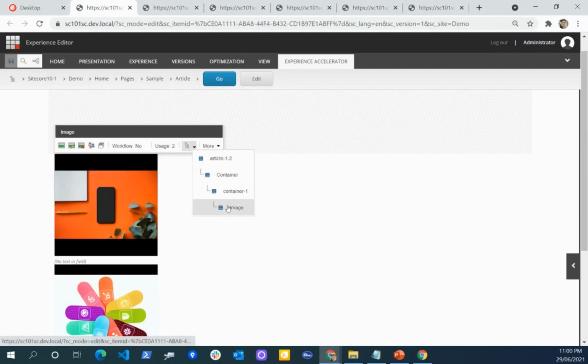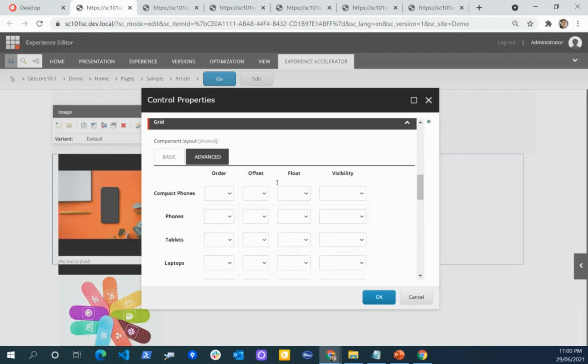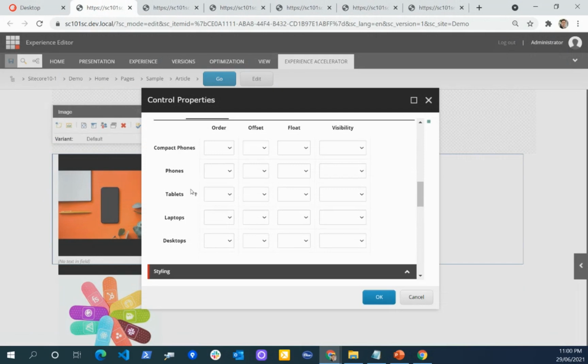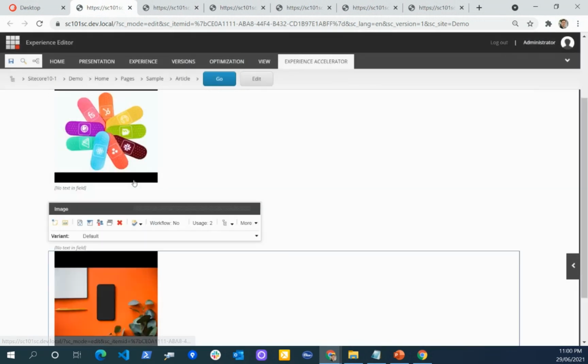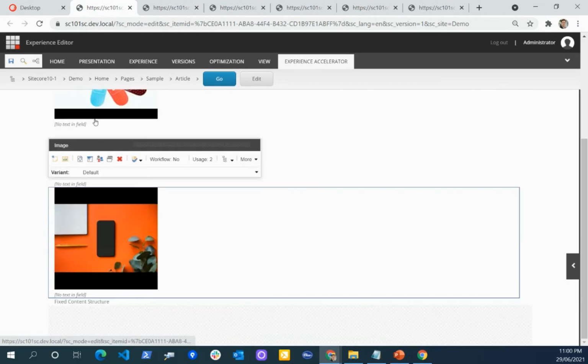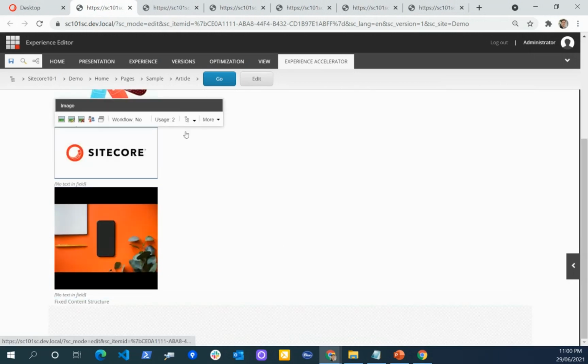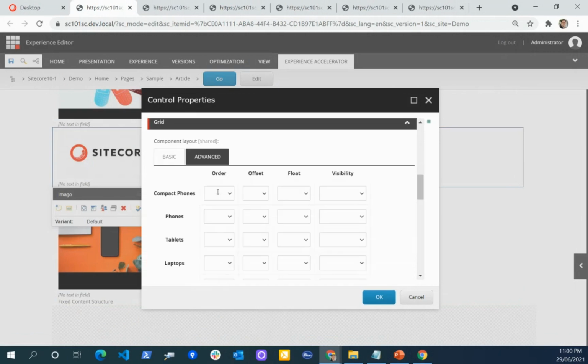If I go to my image and say that for this one, the laptop order would be 1, desktop would be 1. You can see the moment I change it, it gets a different sequence. And this one, I can say would be 2.